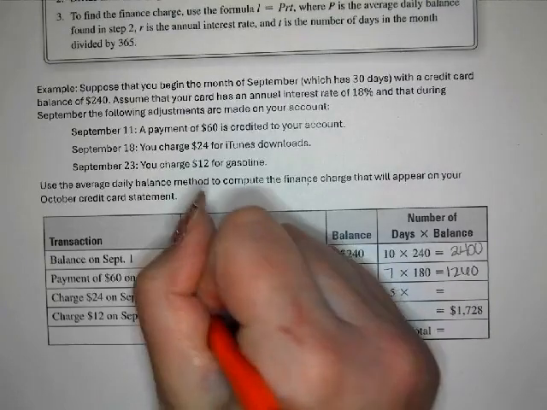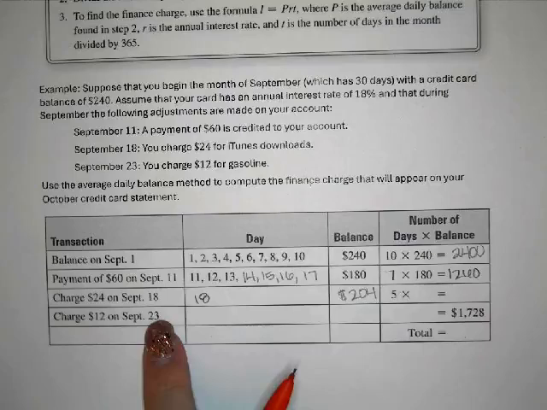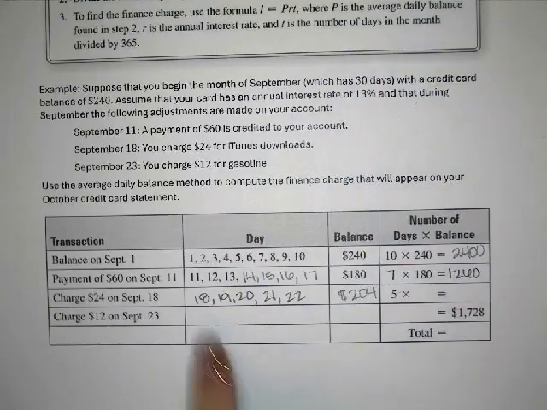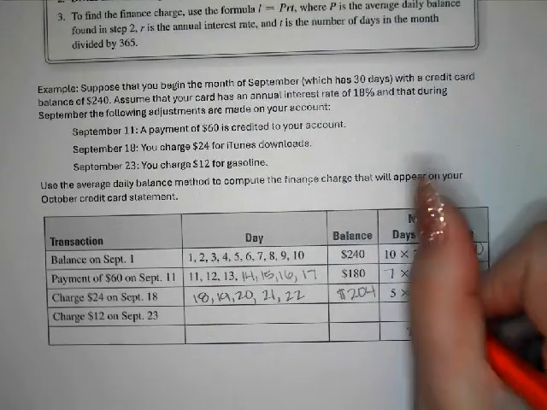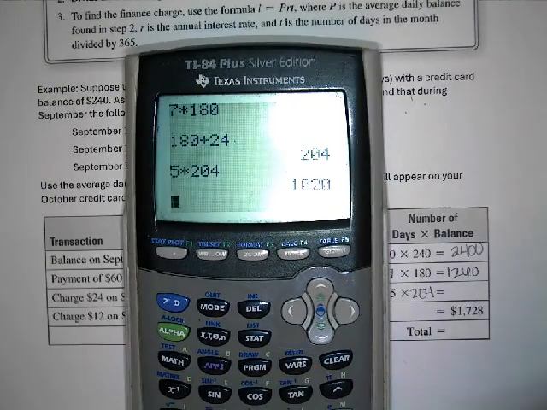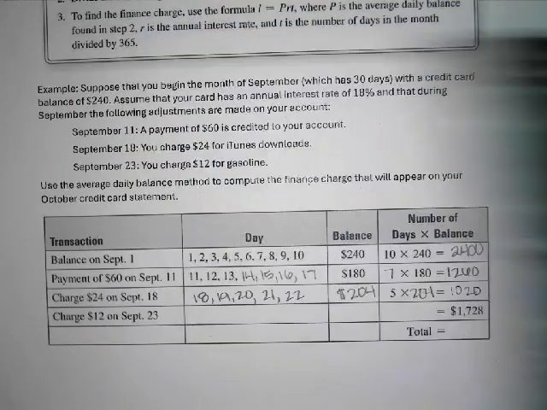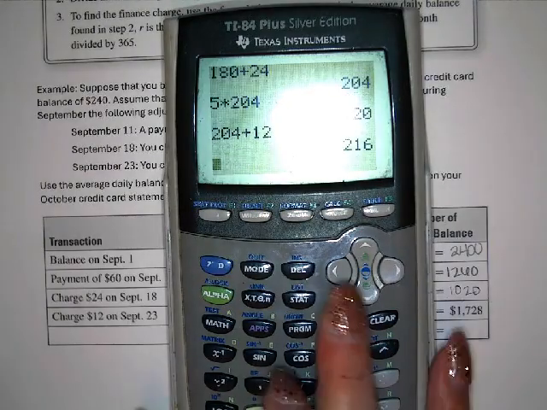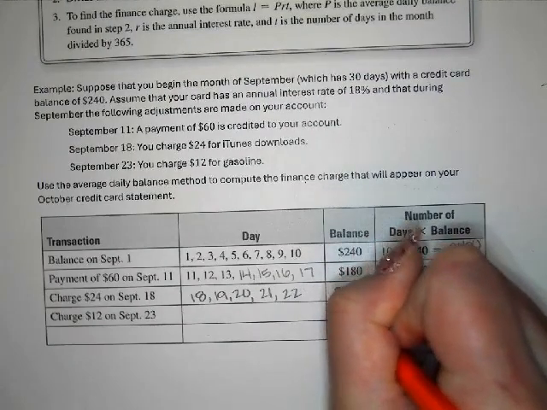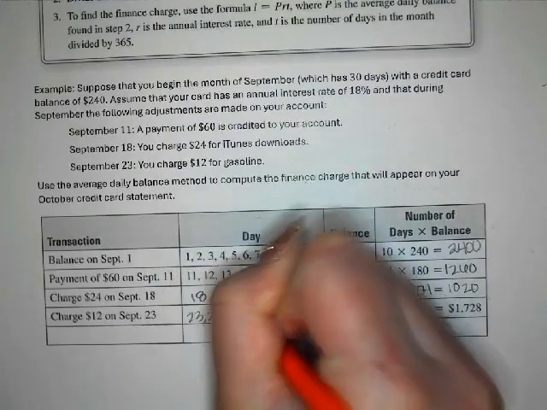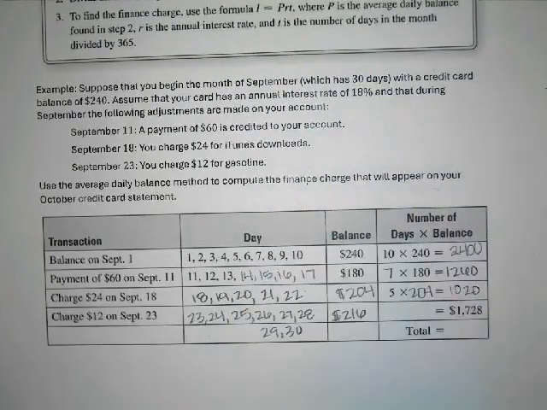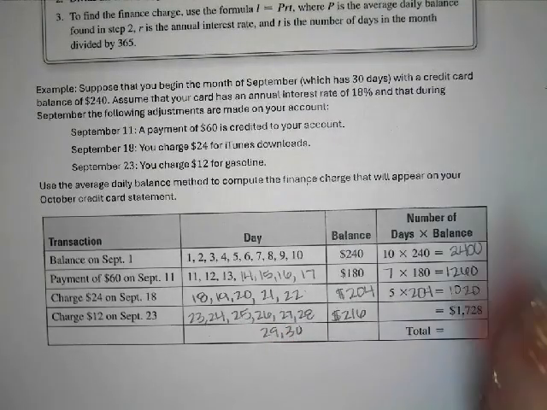This is the balance that there was until the 23rd. So the 18th, 19th, 20th, 21st, 22nd. That's 5 days multiplied by a balance of 204, which is $1,020. Then $12 was charged on the 23rd, so 204 plus 12 is 216. That's the 23rd, 24th, 25th, 26th, 27th, 28th, 29th, and 30th, which is 8 days. So 8 times 216